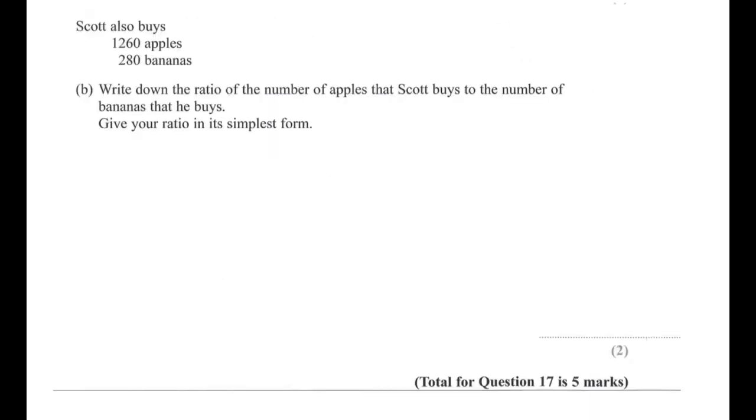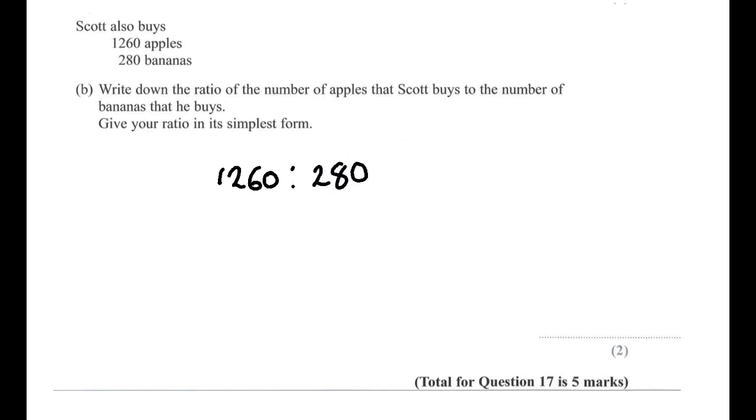Question 17b. Scott also buys 1,260 apples, 280 bananas. B. Write down the ratio of the number of apples that Scott buys to the number of bananas that he buys. Give your ratio in its simplest form. So we have apples to bananas, so it's 1260 to